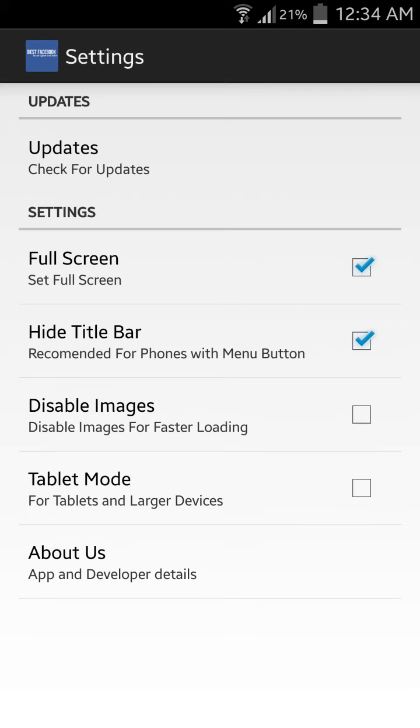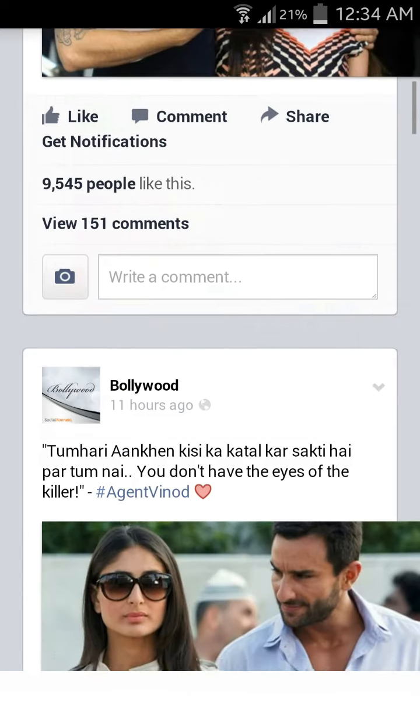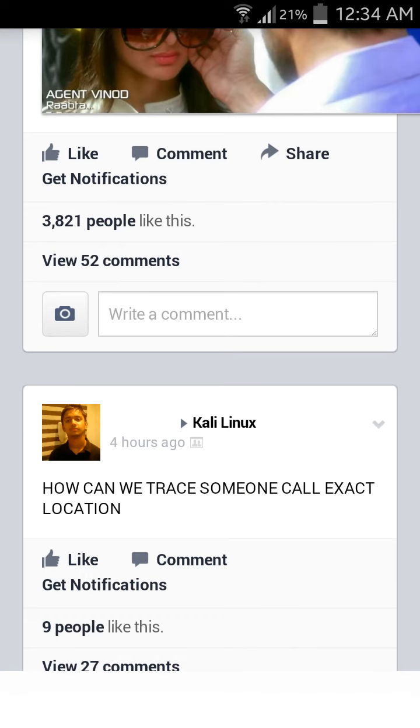It is really helpful for devices which have larger screens, like the Samsung Note 3 and other tablets. Once you click in and go back, you can see it totally changes the UI of the app. It has better video handling. You can view the videos on the whole screen.